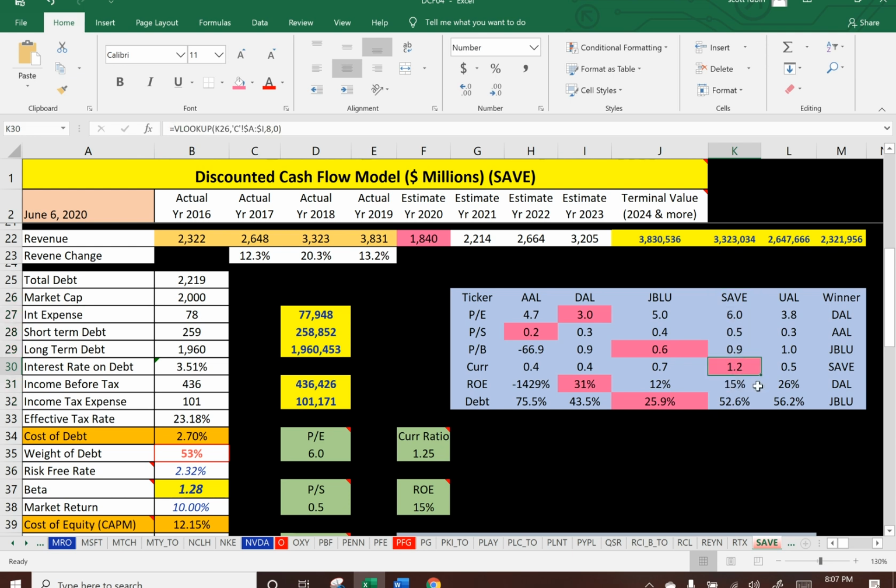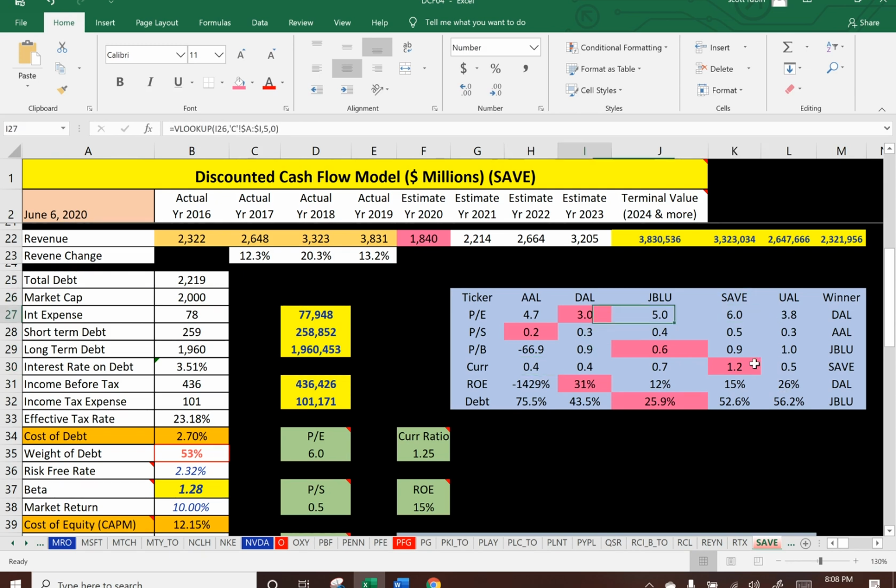So Spirit wins in one category, the current ratio, because every other airline has under 1, which implies that they don't have enough money to fund their business and they have to borrow. And what happens when you're over leveraged like American and you need to borrow more? You might not be able to borrow and you might go into default. So that's a pretty big concern with a lot of airlines, not just American. If interest rates went up to like a normal number, like 5-6%, I'm sure all the airlines would default because there's no way they can afford to pay the interest on the debt and get new debt to pay the old debt.